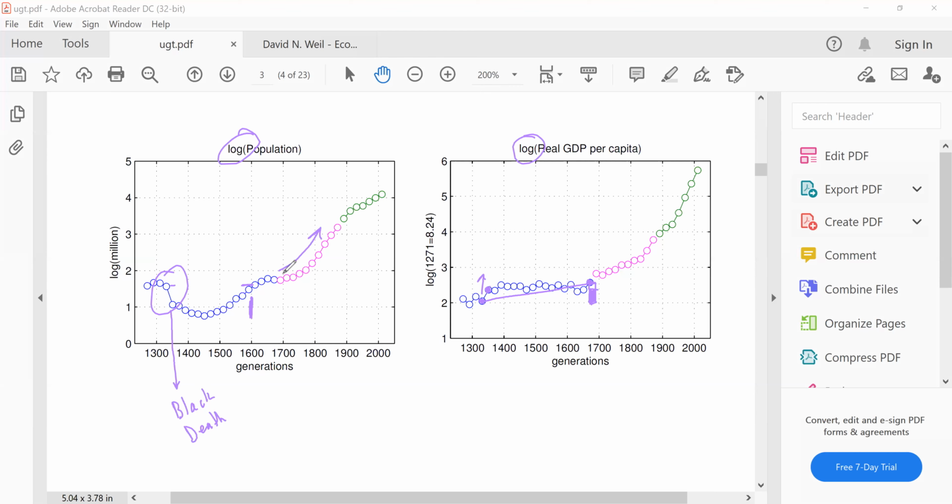And the last one is actually here. Very, very small decrease in population, because the 17th century was a bad century for